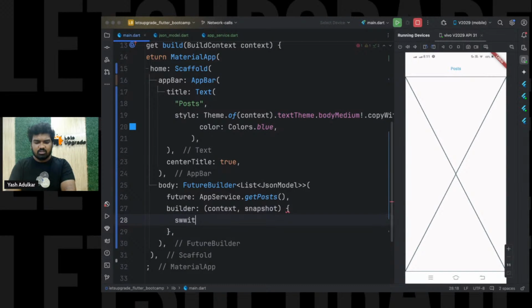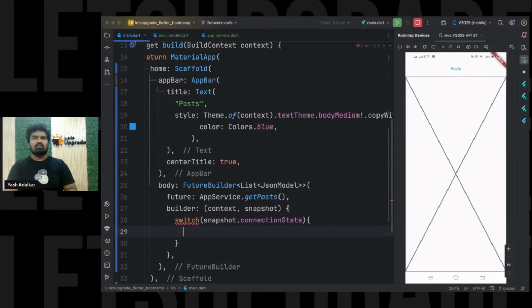In this we are going to write a switch state. We'll have snapshot dot connection state. So guys, as we discussed 2 minutes ago, our API call runs, but there are multiple conditions in this. First of all, our API data call is connecting, and data has not come from the API. Second is that we have connected to the API, now data is coming to us, it has not come up to us yet. Third is data is continuously coming. And fourth is data has completely come. These are the four conditions, that is the four connection states that we